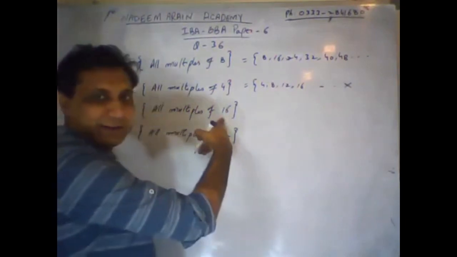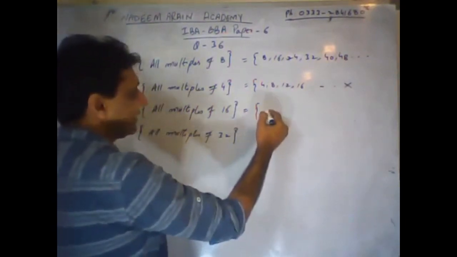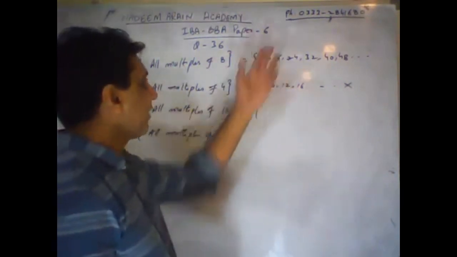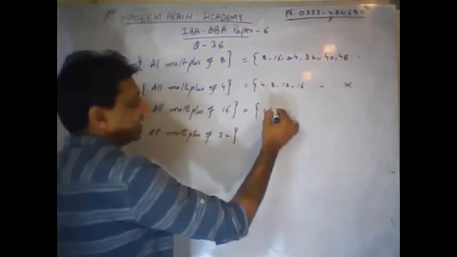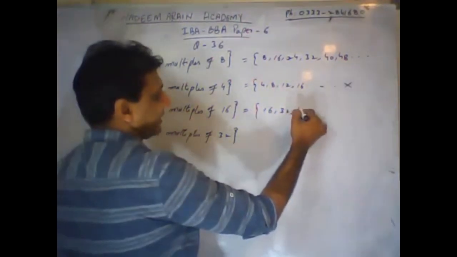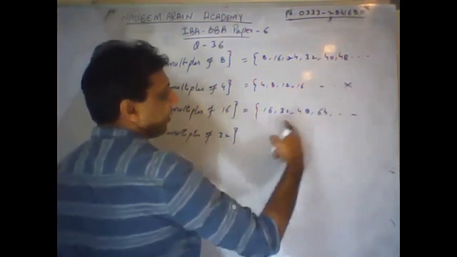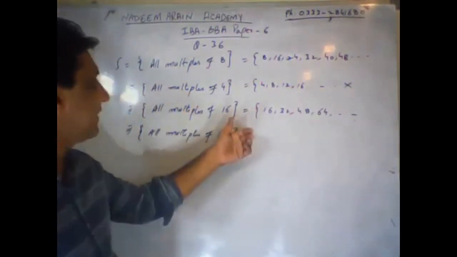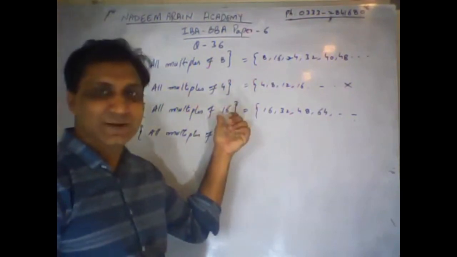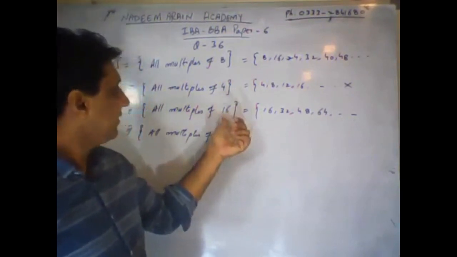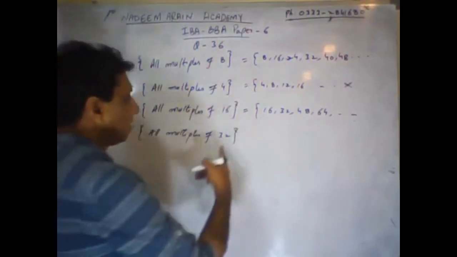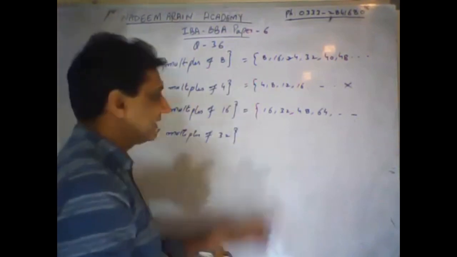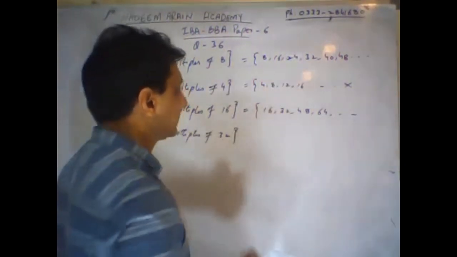Now we'll see the multiples of 16. So multiples of 16 are the same, like those are a subset of multiples of 8. Actually 16, 32, 48, 64, all of these numbers can be found in here. Any number that is divisible by 16 is also divisible by 8. So this set is a subset of this set, okay?